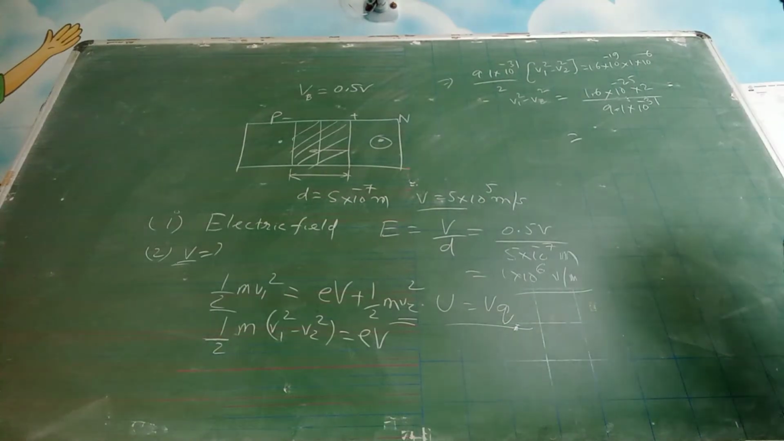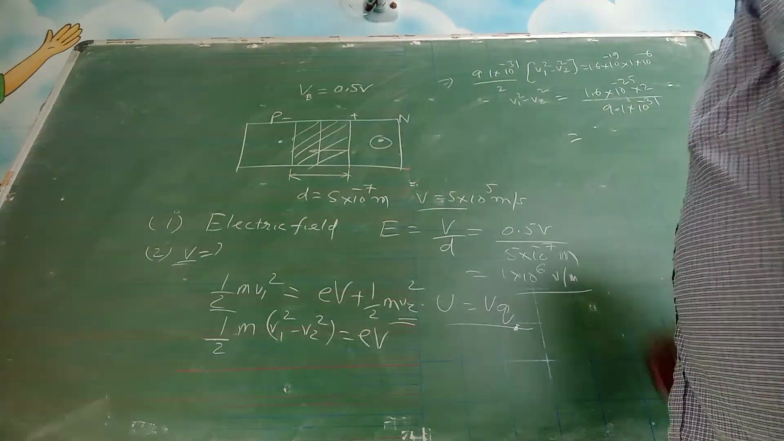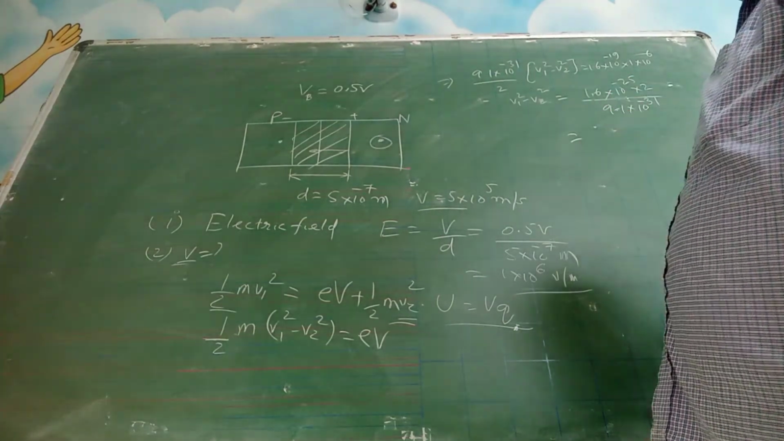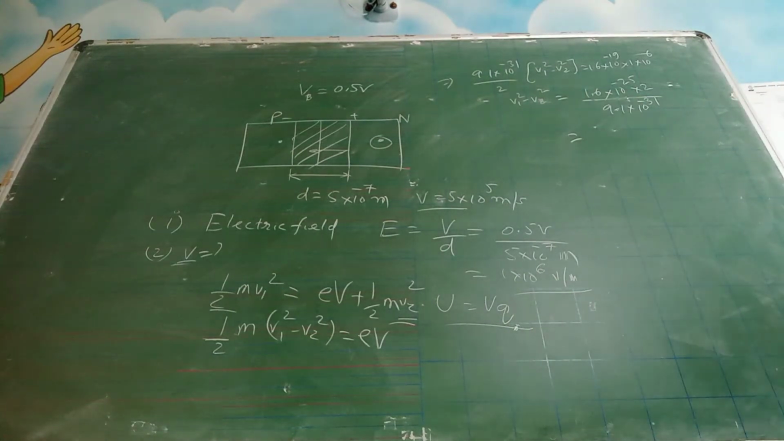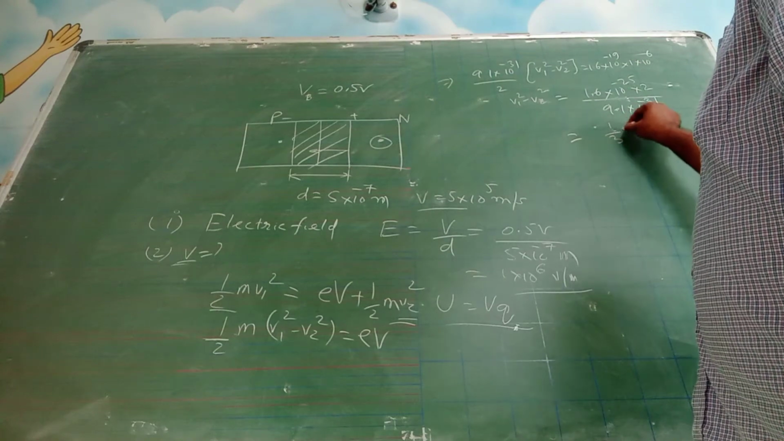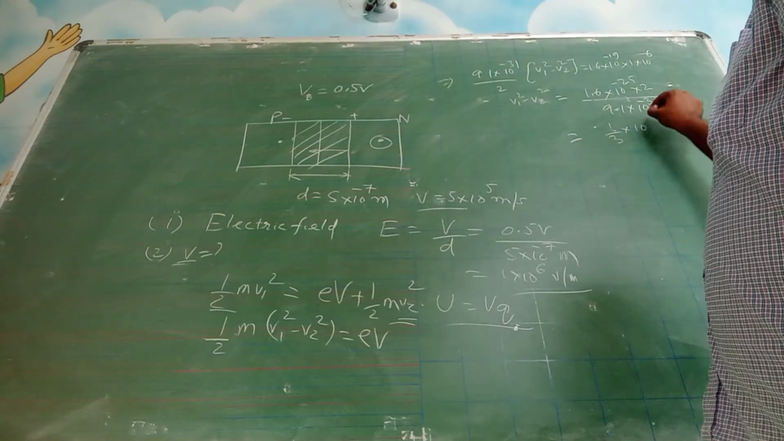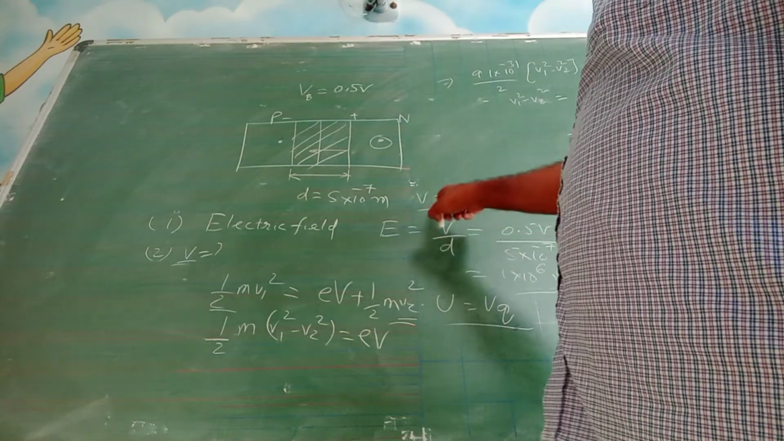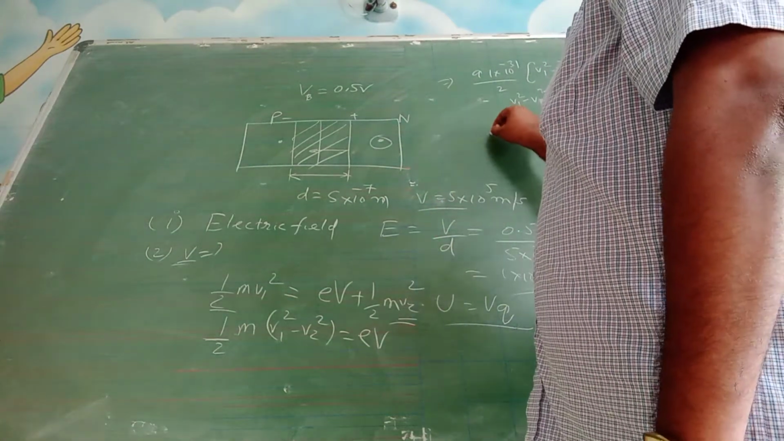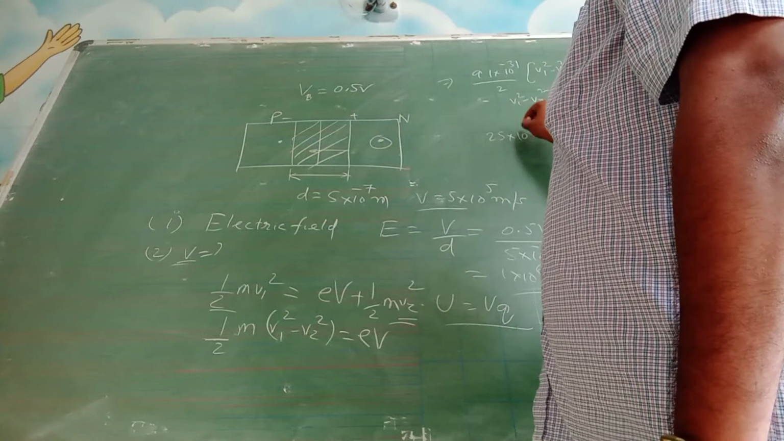I am just taking approximate values here. 1.6 into 2, 3.2, this is 9.1. So 3.2 by 9.1 means approximately 1 by 3. So 1 by 3 into 10 to the power of 6. What is V1? V1 is 5 into 10 to the power of 5. So the square becomes 25 into 10 to the power